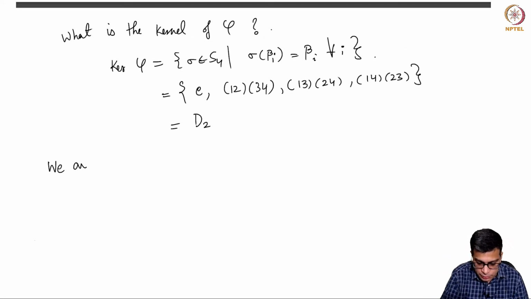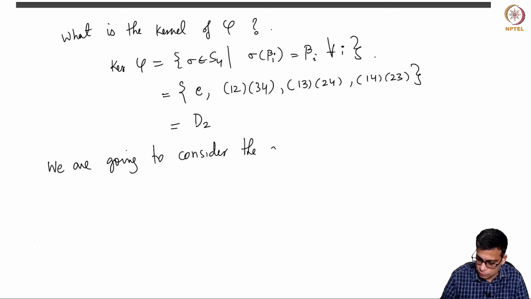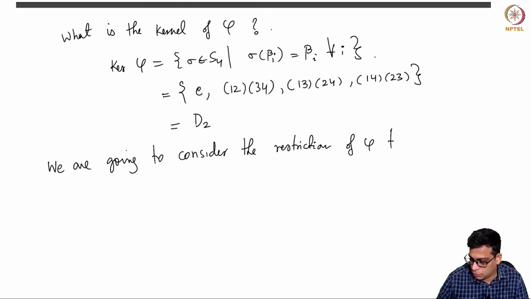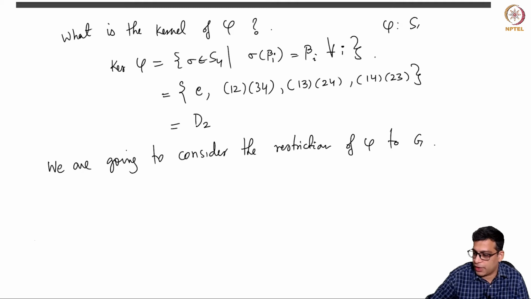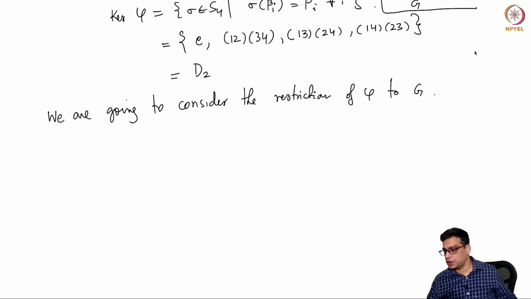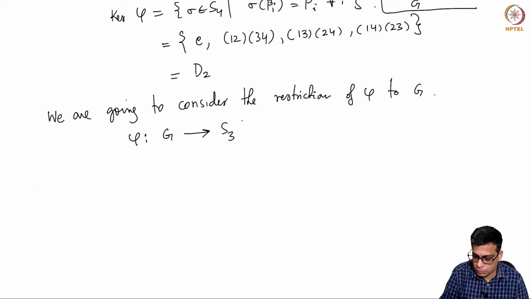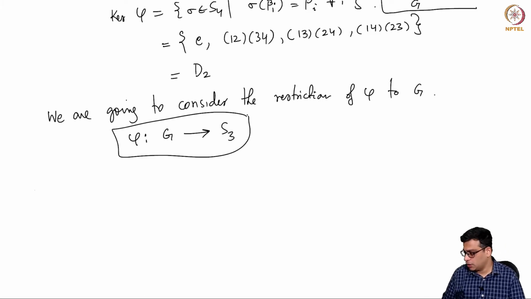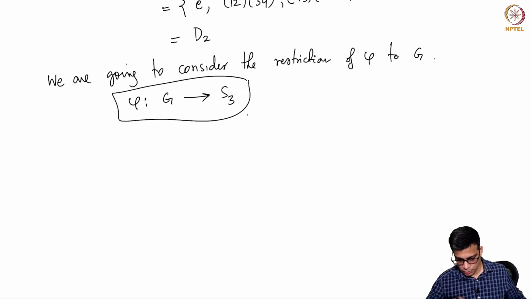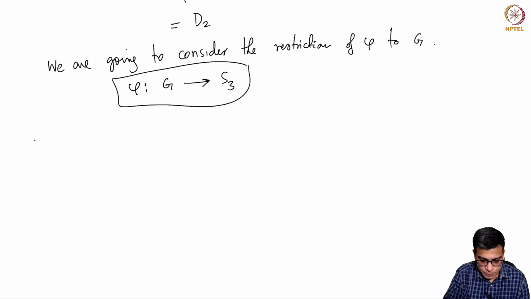Now, we are going to consider, okay, so phi is from S4 to S3 and G is here. So, I am going to consider the restriction of phi to G. I am also going to denote that by phi, by abuse of notation. I will use the same phi, and I will analyze this. Okay, so first I want to assume G splits in F. I will analyze this case.